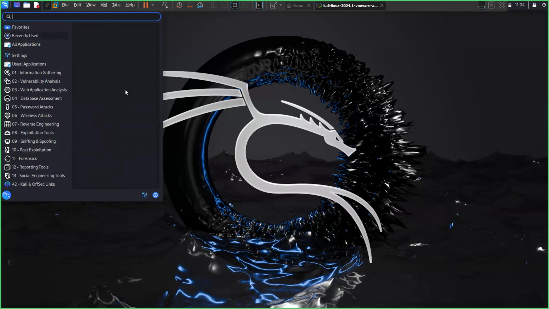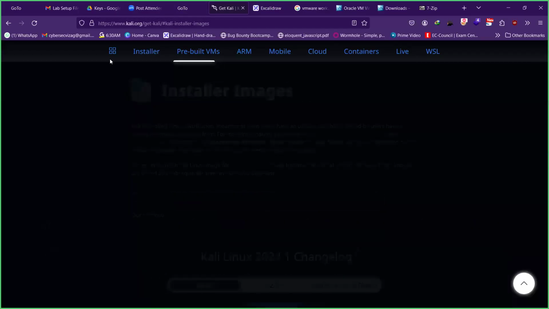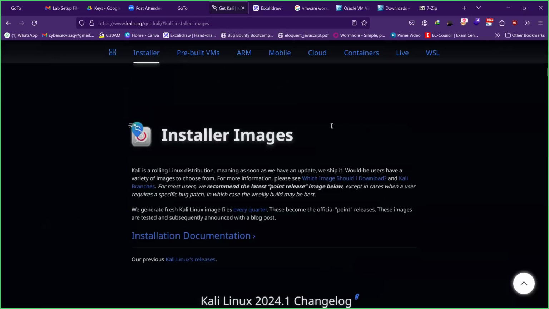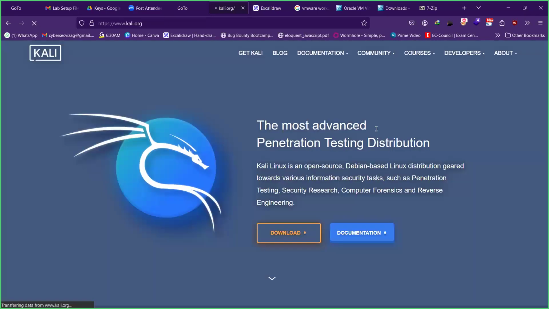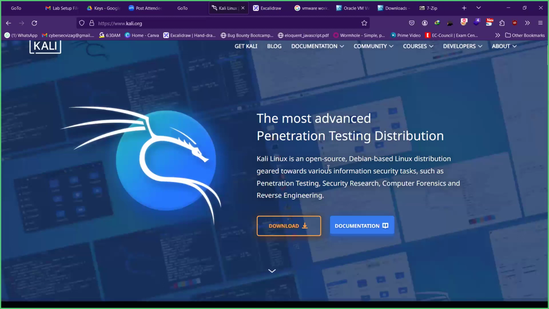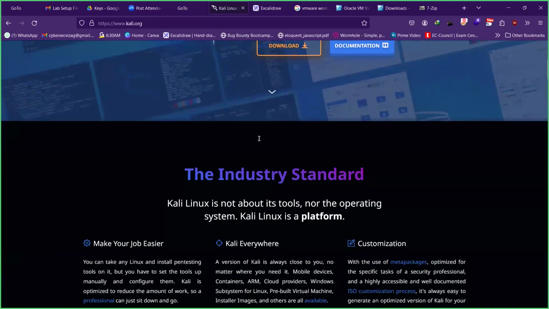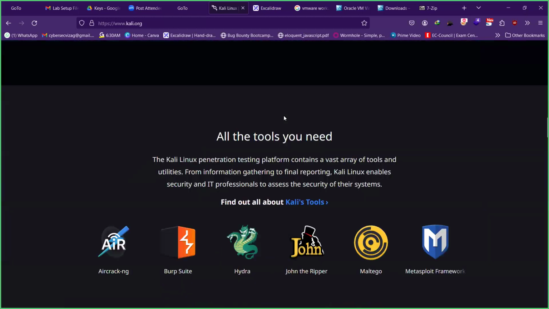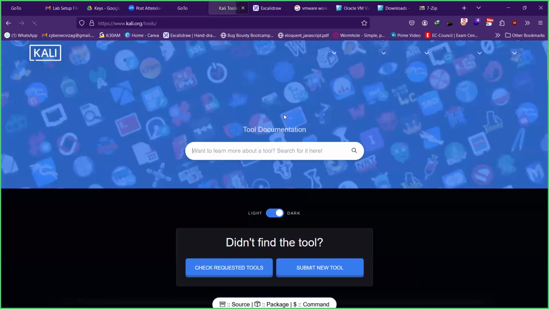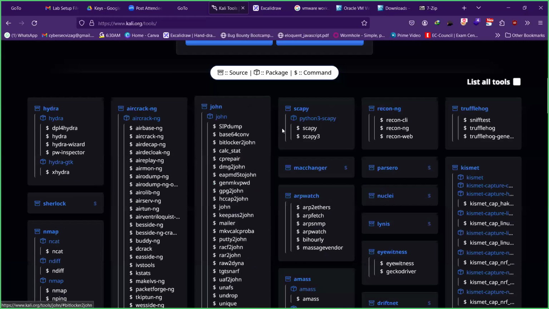Okay, so Kali Linux is one of the best operating systems specifically for cybersecurity. It contains most of the required penetration testing tools pre-installed. It has at least more than 600 tools, guys, available specifically in this OS. As you can see, this is the list of all tools available in Kali specifically for cybersecurity.